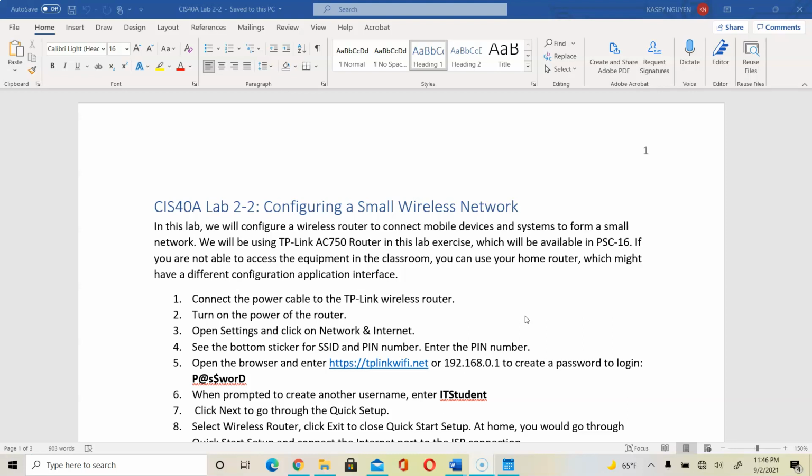So if you're working from home, you will need to use your wireless router and do your best in having a comparable configuration obtained. If you were in class, then you can use the